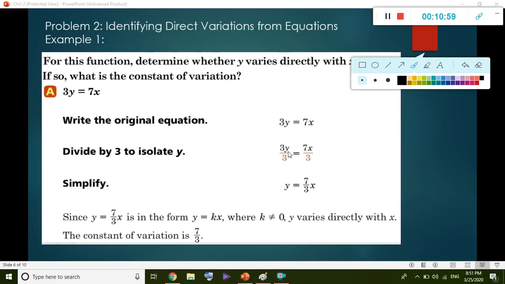So yes, we divided by 3, so we got this, which we are going to simplify. So this is the answer. Since y equals 7 over 3 x, it's the same form as y equals kx. Y varies directly with x, so this is the same as the original form. So yes, it varies directly with x, and because y varies directly with x, it means that the constant of variation is over here, which is